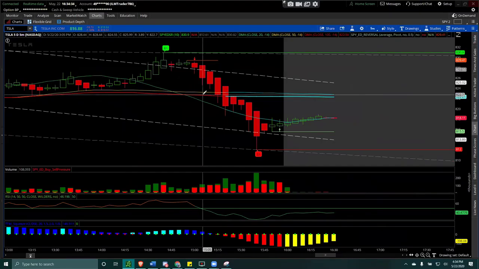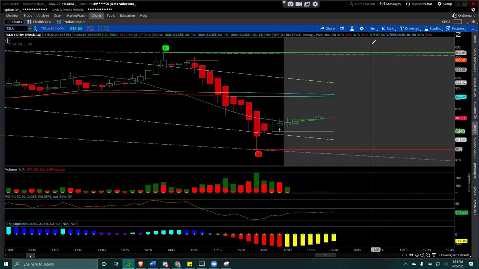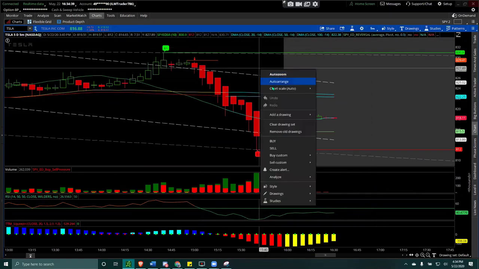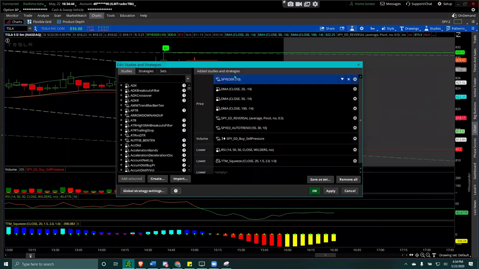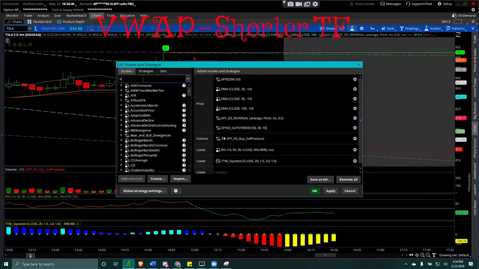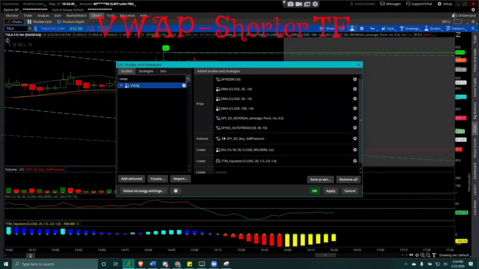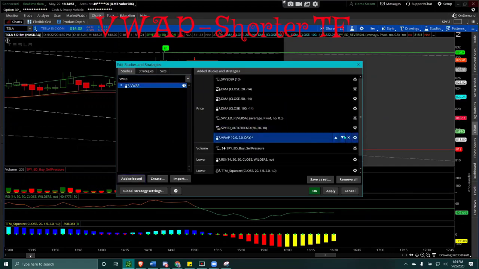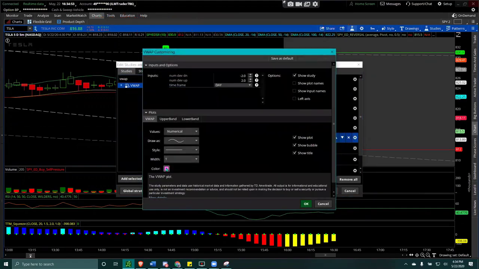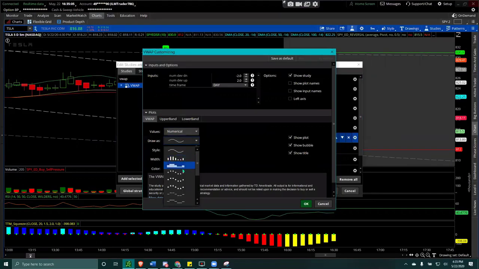Also, one more item I would like to add if you are day trading: obviously, focus on your VWAP. So I would come back here and just type in VWAP. Simple as that. There's no script needed. You could change it whichever way you want. I have a pink color upper band, but I don't need all this. It's too much noise, so I check off all this. I come to VWAP and change this to, let's say, this line here. I just want to see the VWAP.